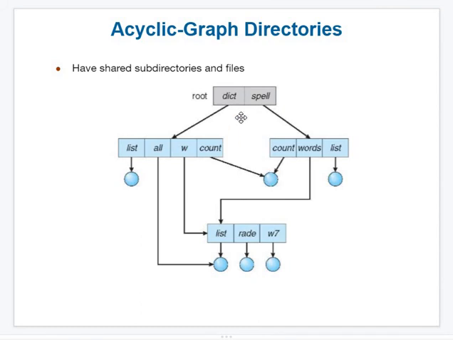So what happens? Acyclic means, if the two users want to share, create a pointer to the same file. That makes a graph. But the thing is, it is acyclic. That means here there is no upward arrow mark. It is always a downward arrow mark.